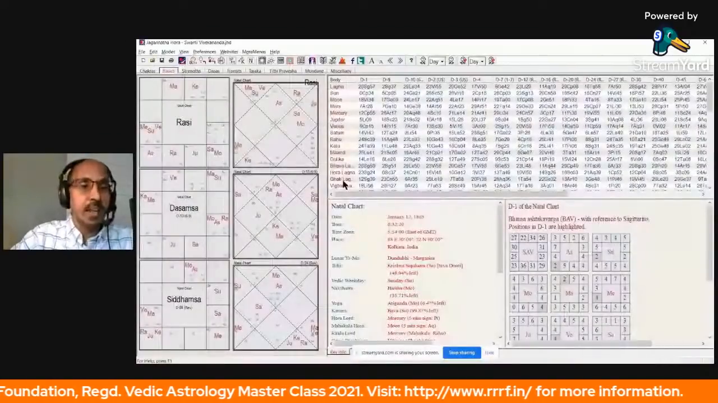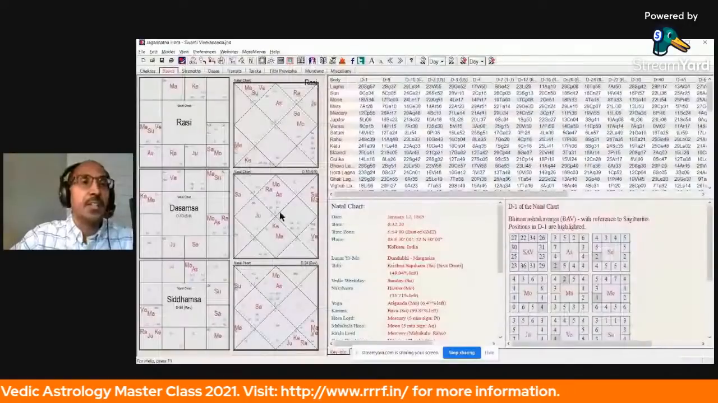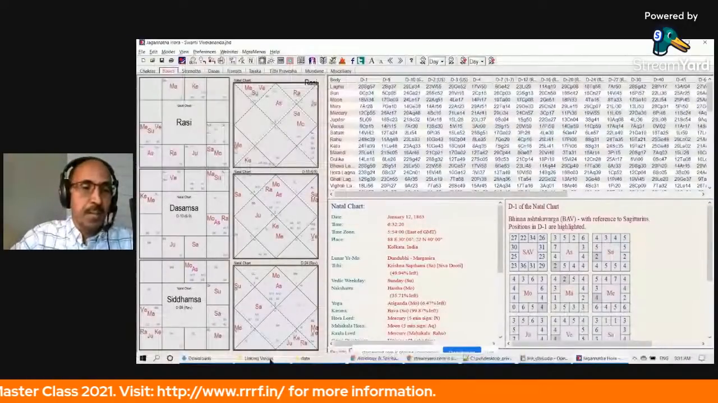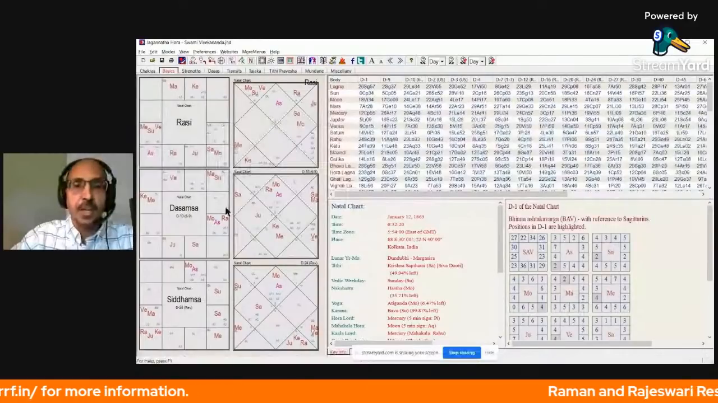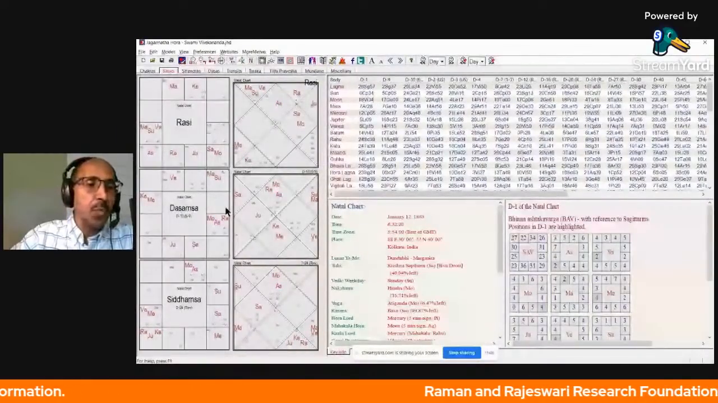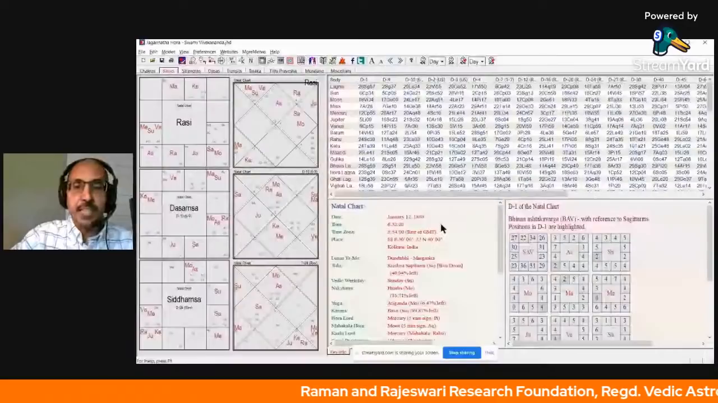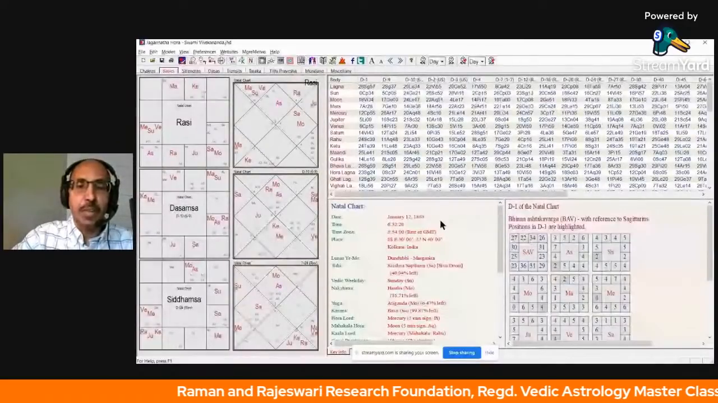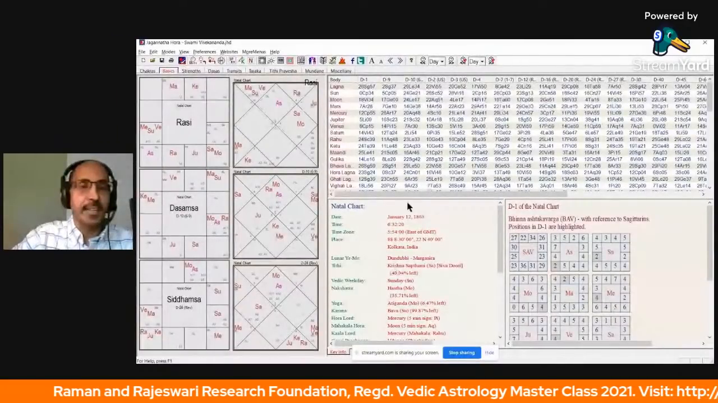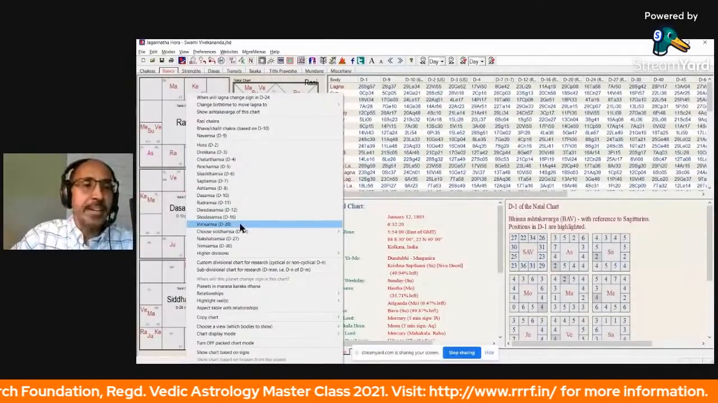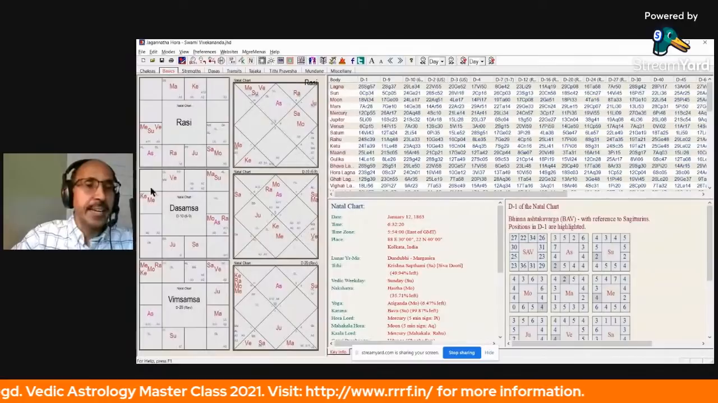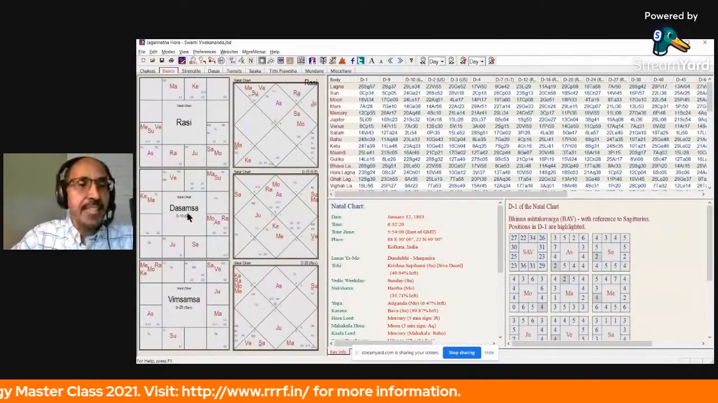So let us start looking at some examples. Let's start with Vivekananda. We'll use Swami Vivekananda's chart as an example. This is the birth data. I won't repeat the birth data, but in the video you can see the exact data that I am using here. If you look at his D10 chart, the Dasamsha chart,